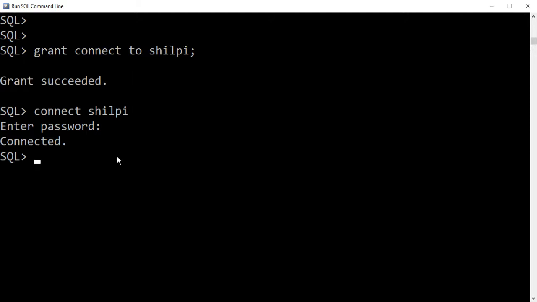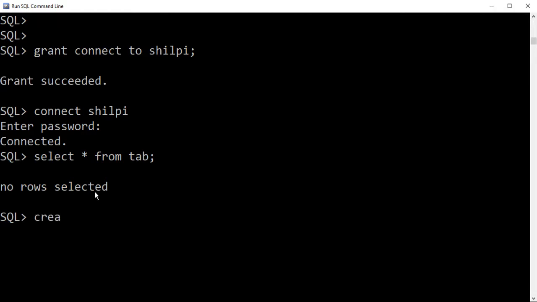After that, if we try to list the tables for this particular user, select star from tab, which is a command to list all the tables in the database. This is showing no rows selected, because the newly created user has no tables or objects to list. So we can create tables in this new user. We can modify, alter, and perform all the actions of the database, like we were performing using the admin login.